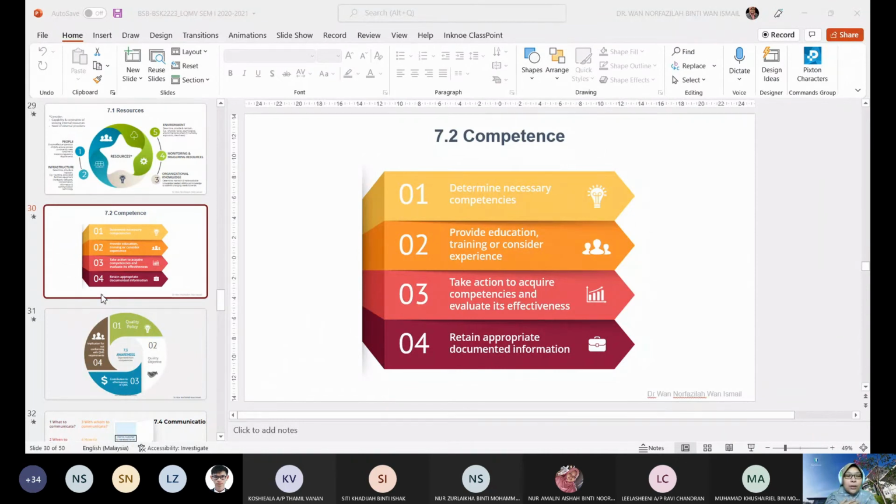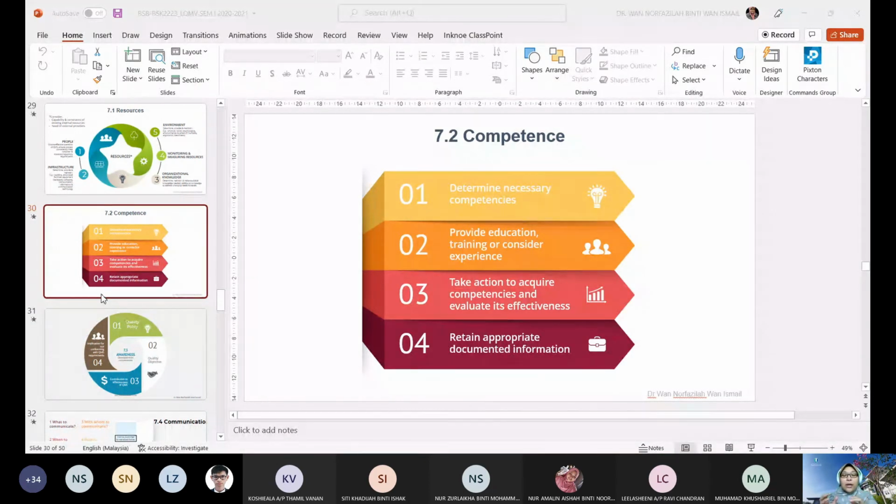Okay, if you are talking about 0.2, provide education and training. Attendance certificate can be one of them. Competency certificate pun boleh jadi. Competency certificate ni biasanya experienced person. You hire experienced person, ask them for competency certificate. Kalau training for fresh grad, attendance certificate. Okay, Amira Akilah training attendance pun betul juga.